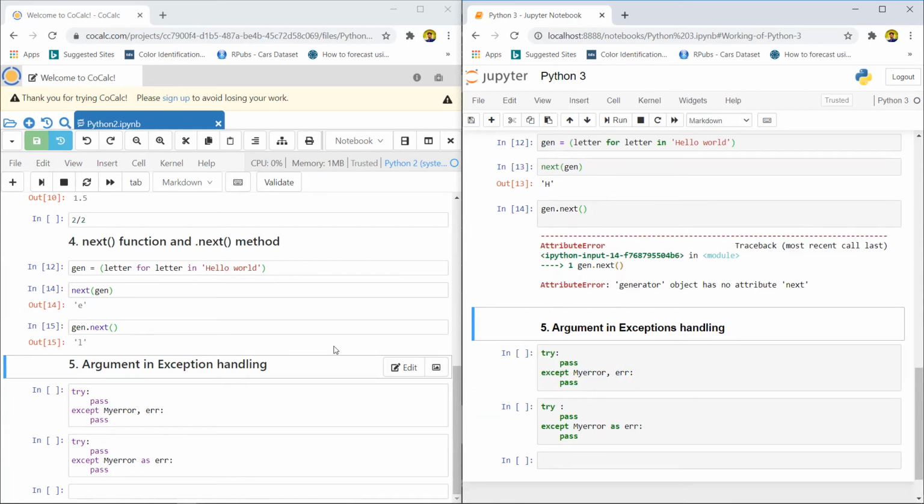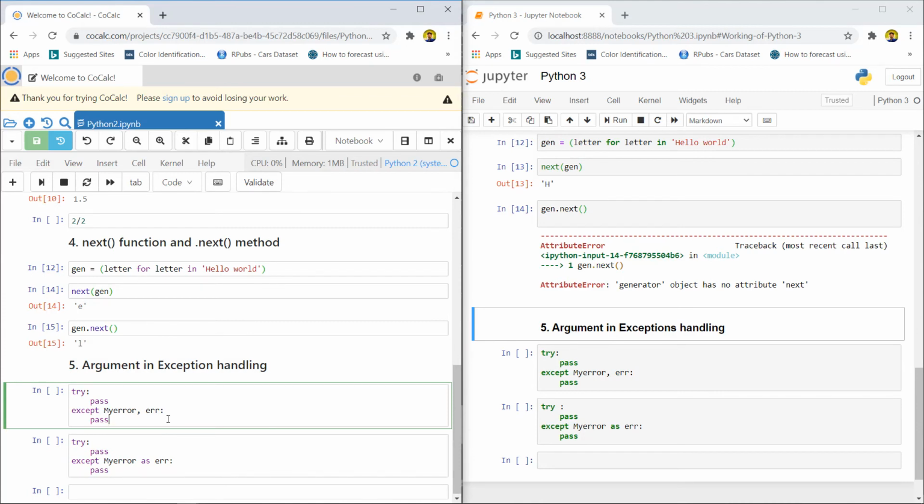Now talking about exception handling in Python 2, if you want to take the argument in the exception, you need to specify a comma or the as operator. As you can see, I'm using a delimiter called comma: except error comma err.